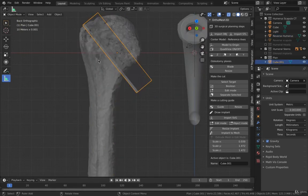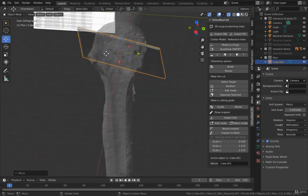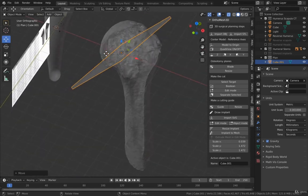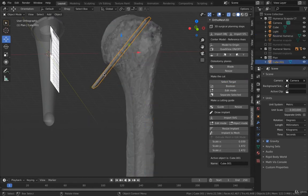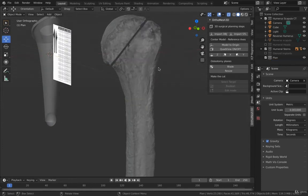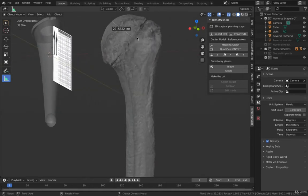So I can click on the blade and then move it this way and check my cut again, and it looks like that this might be a little bit of a better cut than before. So again, select the humerus, select it as target, select the blade, and then click boolean, and now we have the cut. If I go ahead and measure again, the resected head is about 20 millimeters, which is